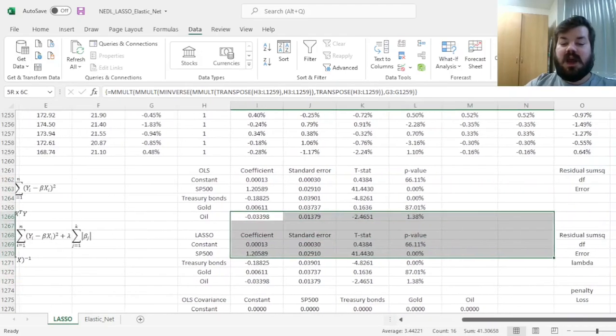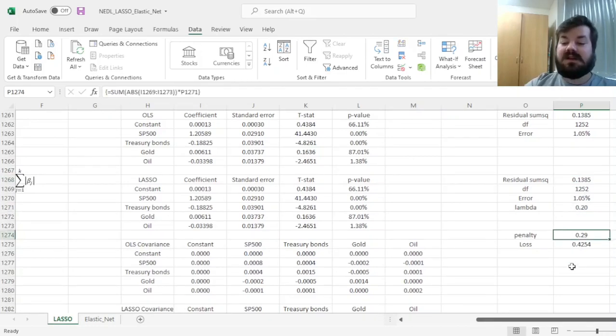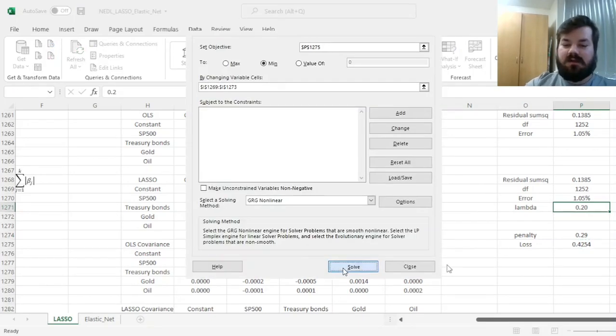logic over there. However, if we start increasing our lambda, so if our lambda is quite large, for example, lambda would be 0.2, we can see that our penalty term is very large, meaning that our loss term is dominated by the penalty term instead of the residual sum of squares term. So the model would be willing to increase the error of the model to avoid taking on that high of a penalty. So that would reduce the values of some of these coefficients. Let's see what it will do with such a high value of lambda respective to the initial conditions of the model. We can click solve